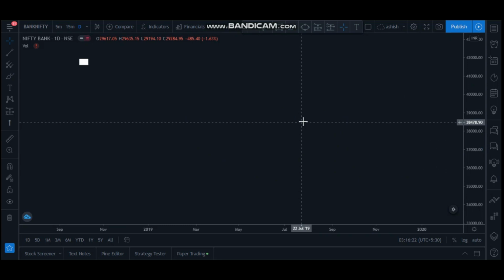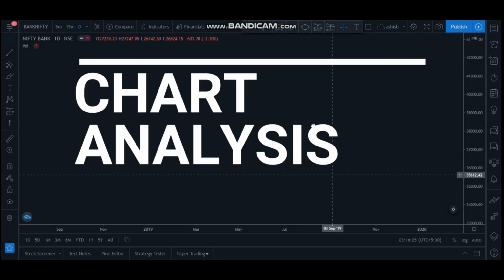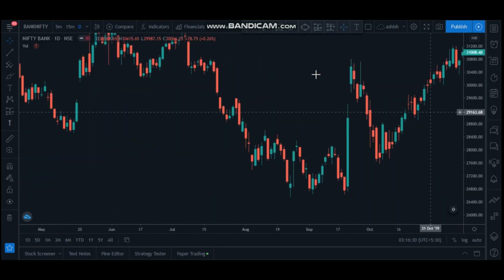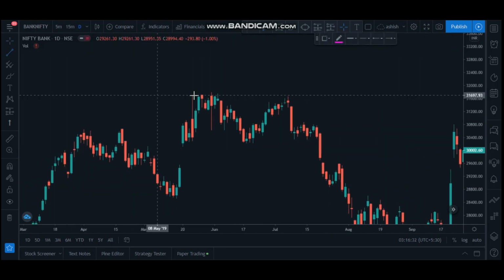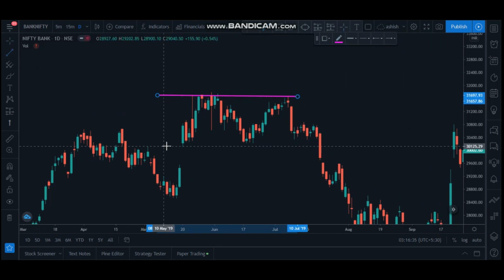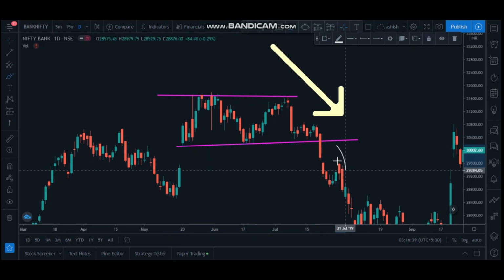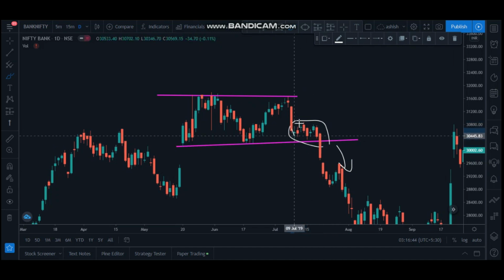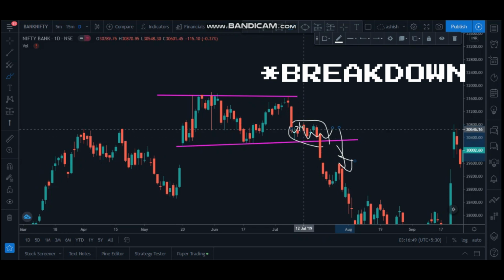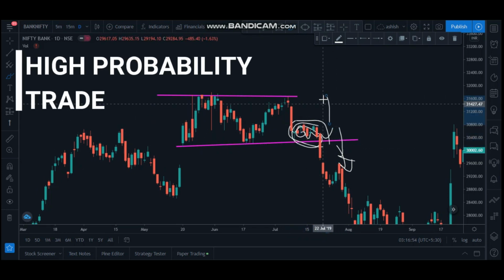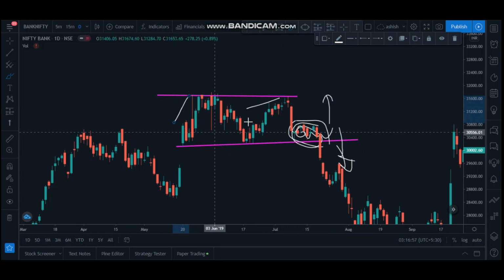So let's move to the chart and get a live example of a proper breakout. As we can see here, price was traveling in this trend line and later on it gave a breakout in the downside direction. You can see clearly price halted at this area and then it gave a breakout, which means there were sellers accumulating at these areas and buyers were not able to take the market higher like they did in these two attempts.